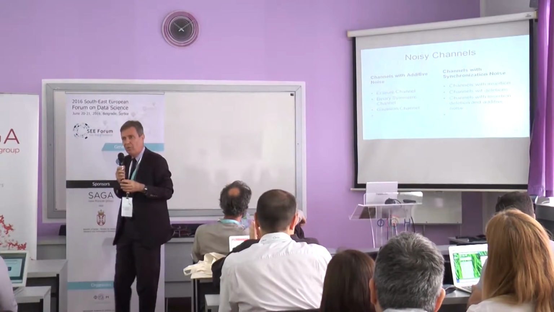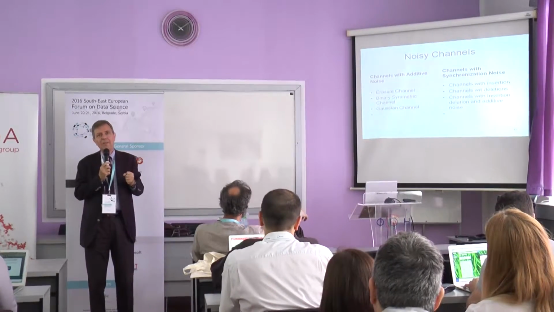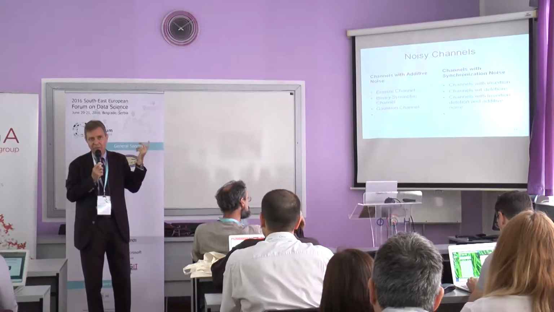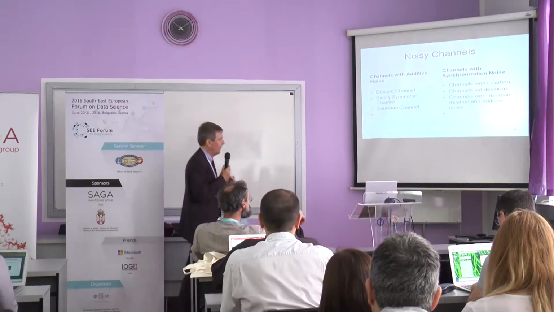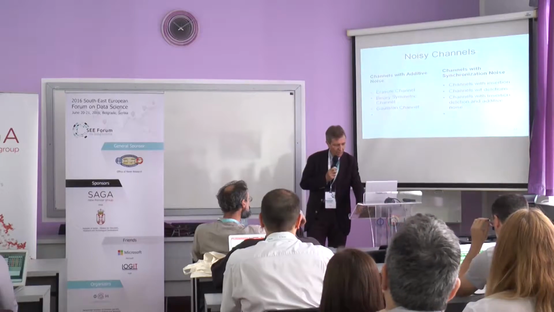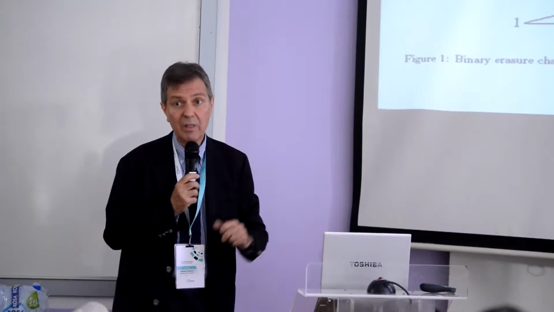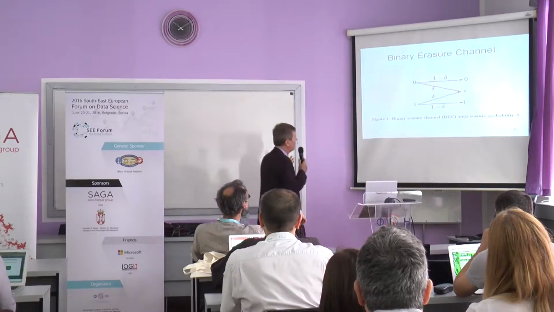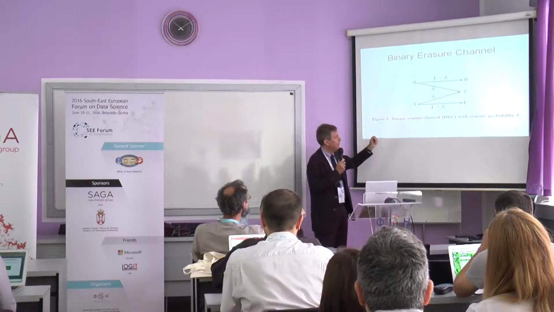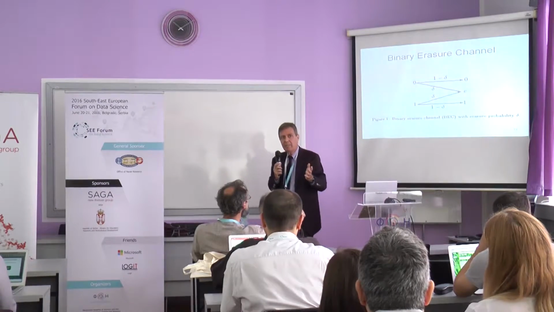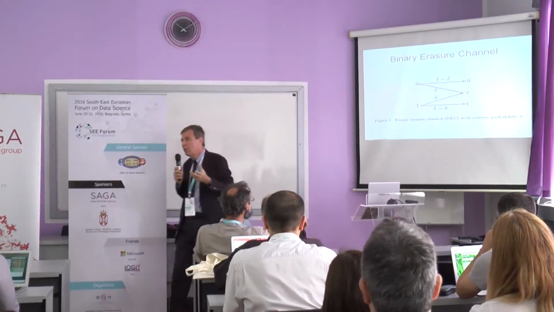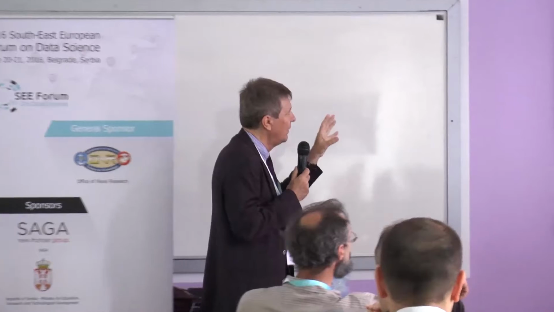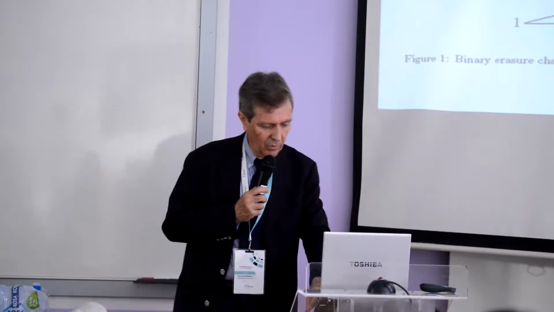Channels with synchronization noise destroy our information about the positions of the bits which have been sent from the transmitter to the receiver side. Okay, to be now more precise, for example, this is the so-called binary erasure channel. That is a very simple model of a channel. That means with certain probability, each bit will be correctly transmitted. But some bits will be corrupted with noise so that we cannot decide whether 0 or 1 has been sent. And that is a very simple but very important communication channel.